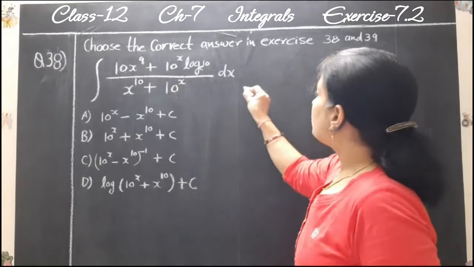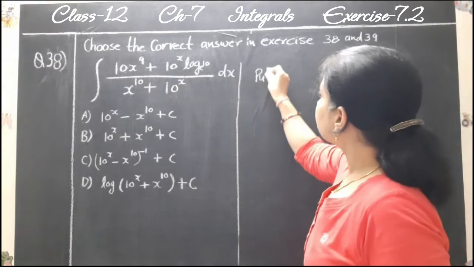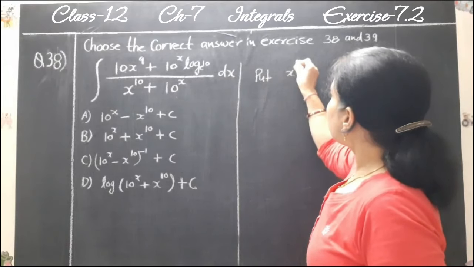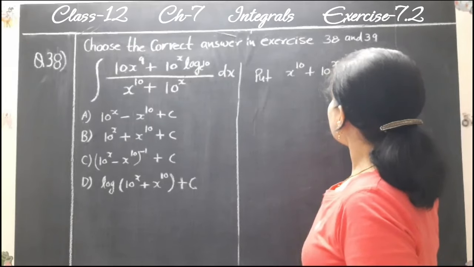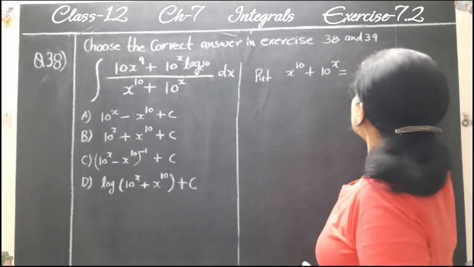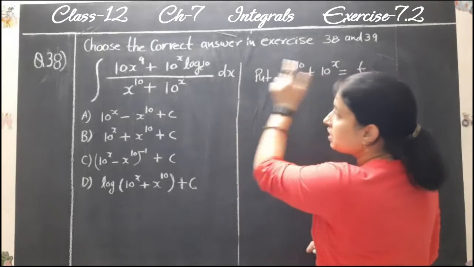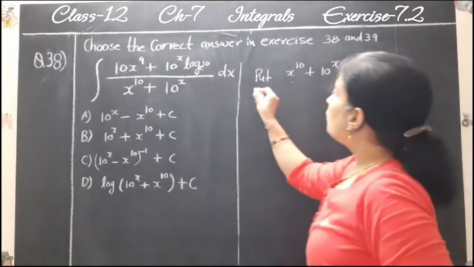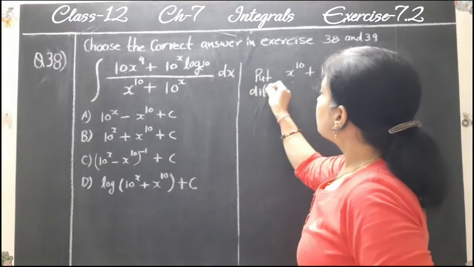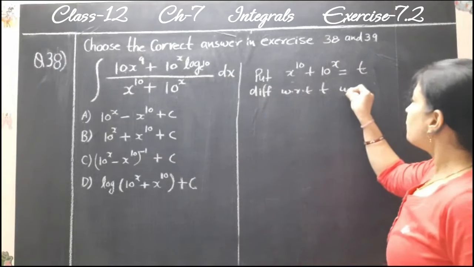So first we put x to the power 10 plus 10 to the power x is equal to t, because the derivative of this is given here. So put this equal to t. Now differentiate both sides with respect to t. We get